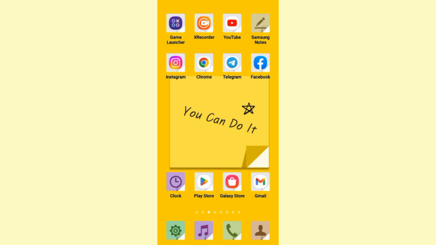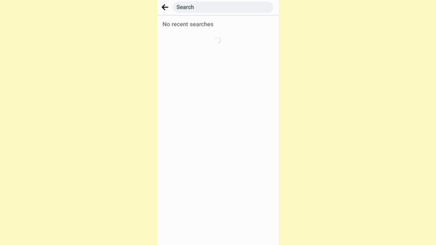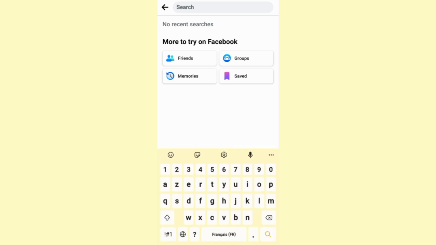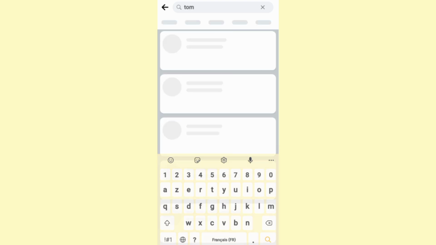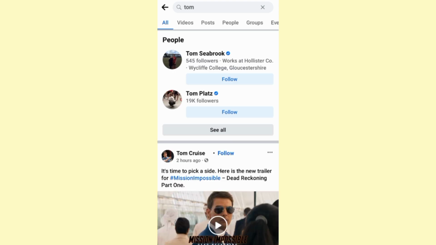With that said, let's get started. So go ahead and open up Facebook and let's go to the search section and say for example that I want to search for a person whose name is Tom. For example, I will click on search, and then from these tabs right here I will click on people,